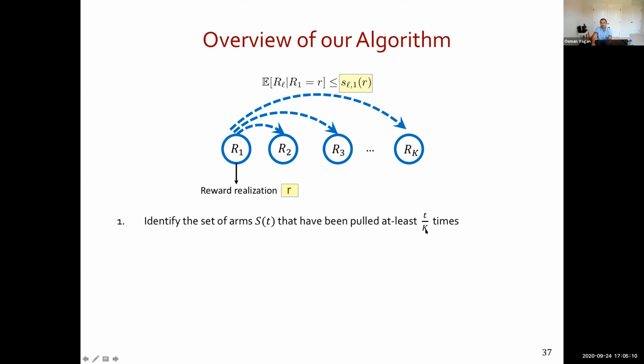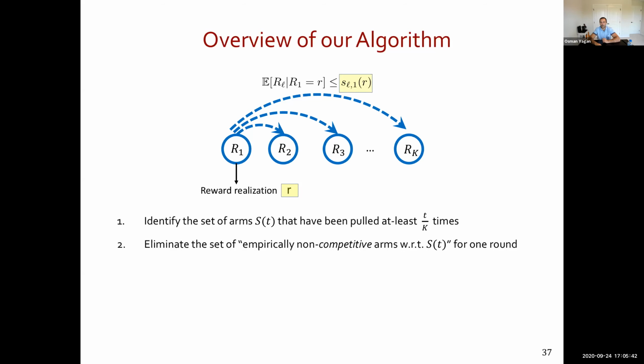And what you can see is that as time progresses, eventually only the best arm will be pulled this many times. Because even from the classic bandit setting, we remember that suboptimal arms are pulled on the order of log T times, which will be much smaller than T over K if K is finite. So this is a set of arms that initially starts with maybe a number of arms. It doesn't have to be one, but eventually it becomes just the best arm.